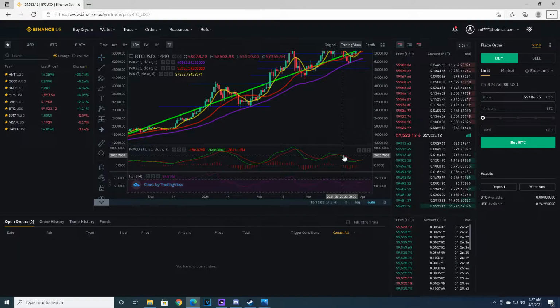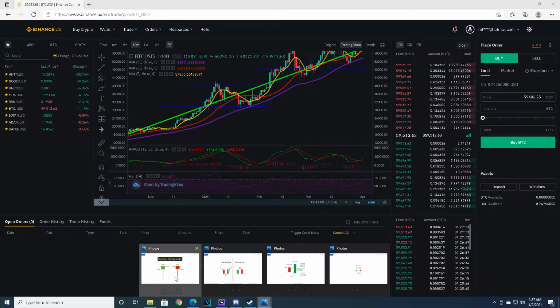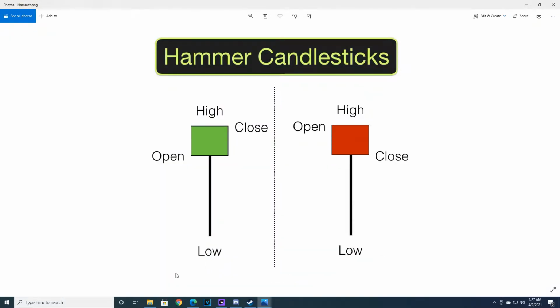Alright guys, we're going to get right into the candlestick patterns, and we're going to keep it simple. Like I said, first pattern, we're going to do single candle triggers. First one is a hammer. A hammer is a very powerful trigger. You see that the body of the candle, between the open and close, is very small compared to the wick. The wick is going to be 2 to 3 times the size of the body at least for this to be a hammer, and you're going to want it to come at the end of a downtrend